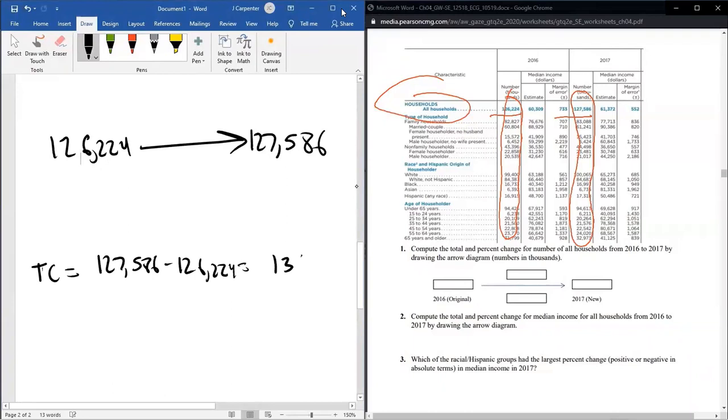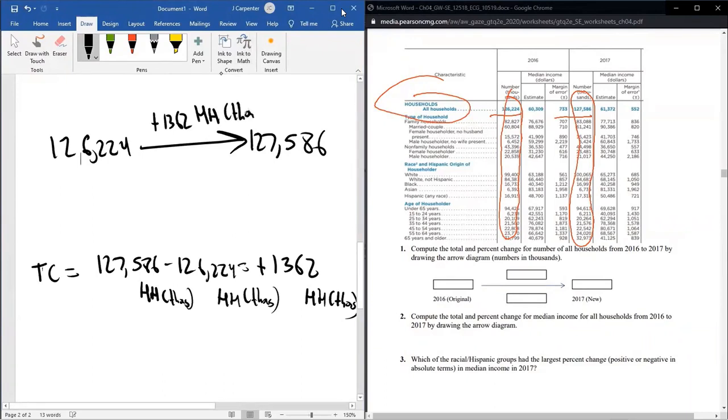1362. That was an increase. And these were in people. Sorry, these were households in thousands. So households, H, H, H, H, and then H, H for households in thousands. All of those were in thousands. So that's what would go here. So that's the plus 1362